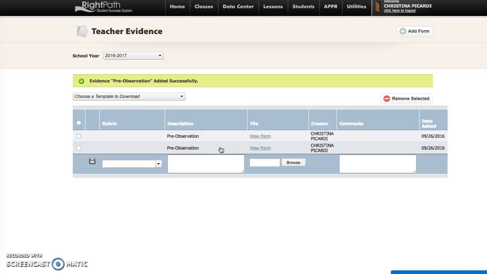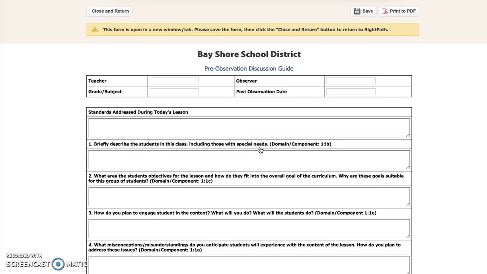Once you click the Add button, you're going to notice that there is a description. It's going to tell you what it is, pre-observation, a file, and it's going to have a live link, and that's the actual form you're going to click on and fill out, your name, and then the date. So I'm going to go to the live link where it says View Form, and I'm going to open the form. You're going to fill out the form, put your name on the top, of course, grade and subject,